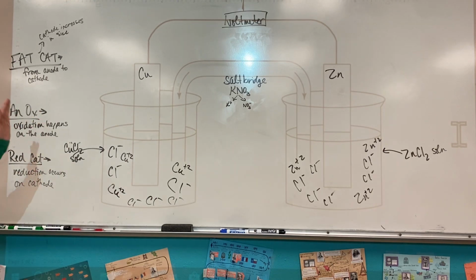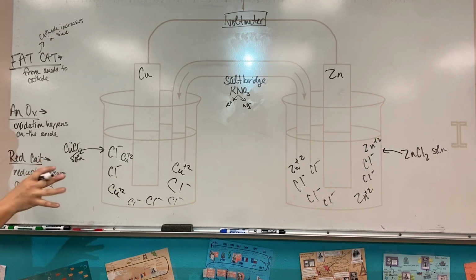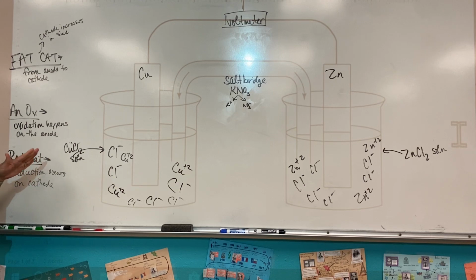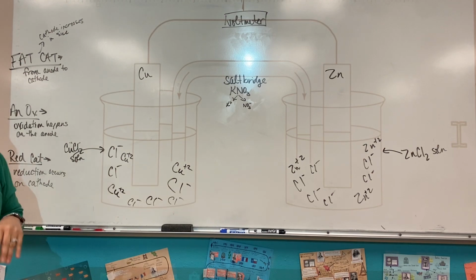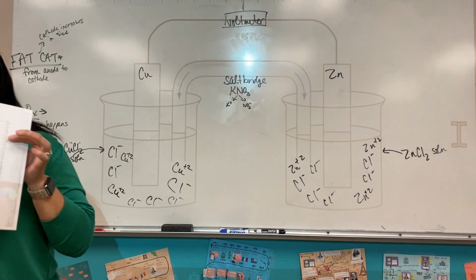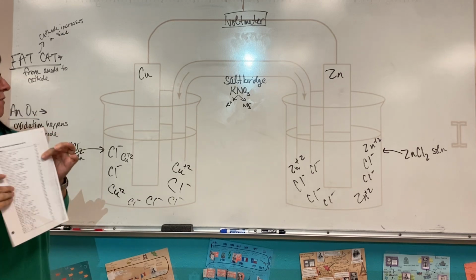So in a second, we're gonna have to put down where those ions are gonna actually move. And I know this does not make a hill of beans just yet, but it will in just 1 second. I can't do anything else until I figure out which one of these is the anode and which one of these is the cathode. So that's when you're gonna take your reduction potential table right here, and I wanna find